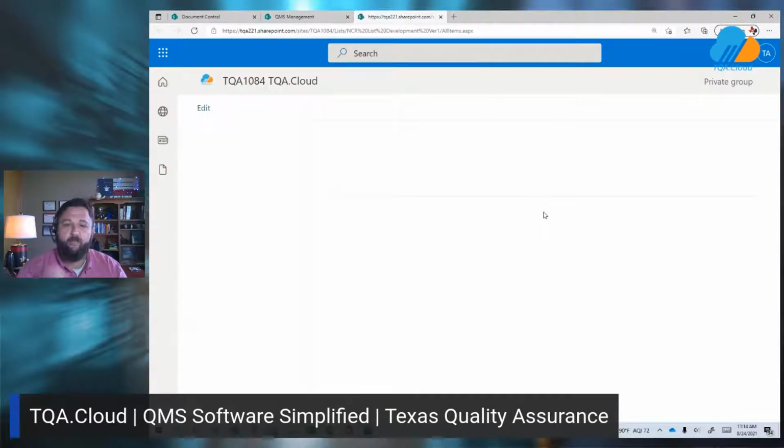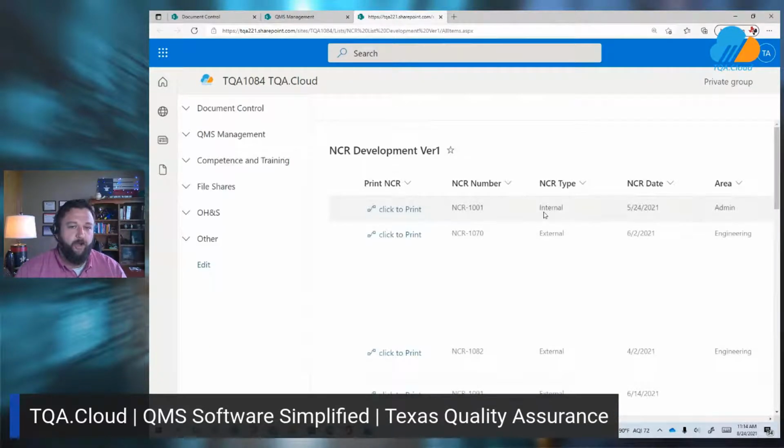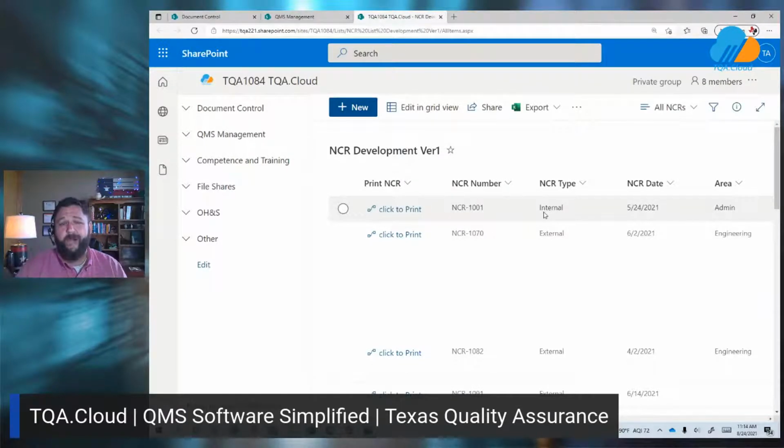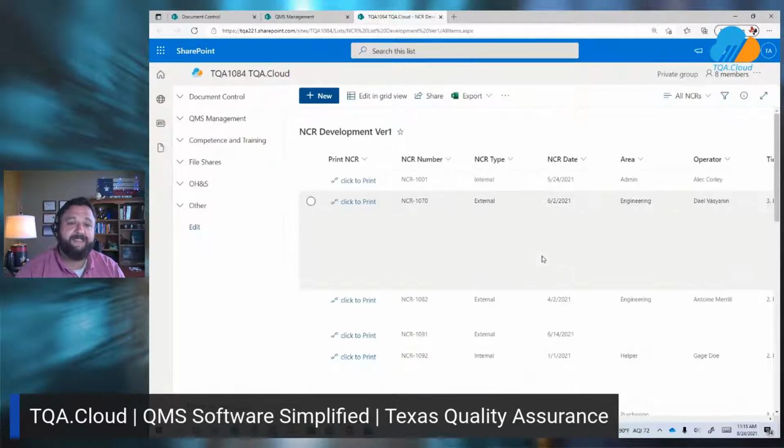This is, again, one of these daily activities we all deal with, we all work with. And let's face it, when you're dealing with binders and stacks of paper, and we even still see the carbon paper out there, maybe you are taking pictures, running back and forth, and it's just a huge mess. And not to mention the spreadsheets, the endless spreadsheets with no automation, no notifications, no special features in there. Well, let's just throw all of that headache right out the window, and let's take a look at the non-conformance